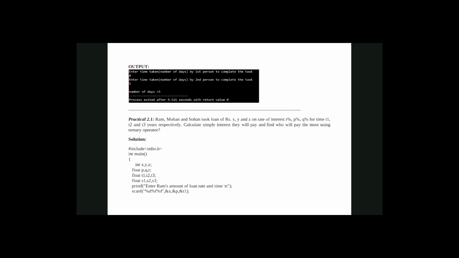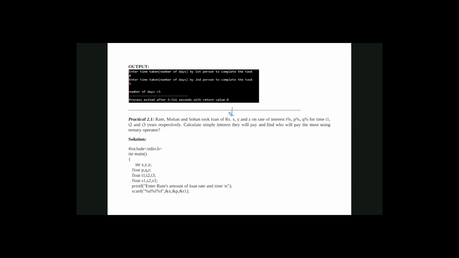So in this practical 2.1, how many inputs are required? 9. Fine. So 9 inputs are required. This is the first input.